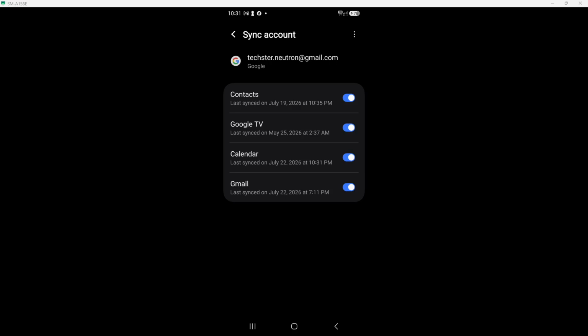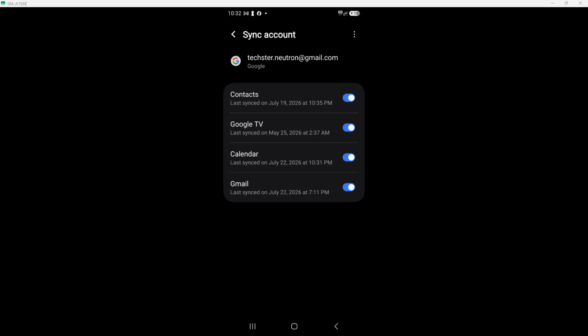Finally, turn on Calendar Sync on your other device. This process may vary slightly depending on the device type, but usually it's found in the account settings under Sync Options. Make sure the Calendar Sync toggle is also turned on there. This final step ensures that any changes you make on one device will reflect on the other. Now you can enjoy the convenience of having your calendar accessible wherever you go.